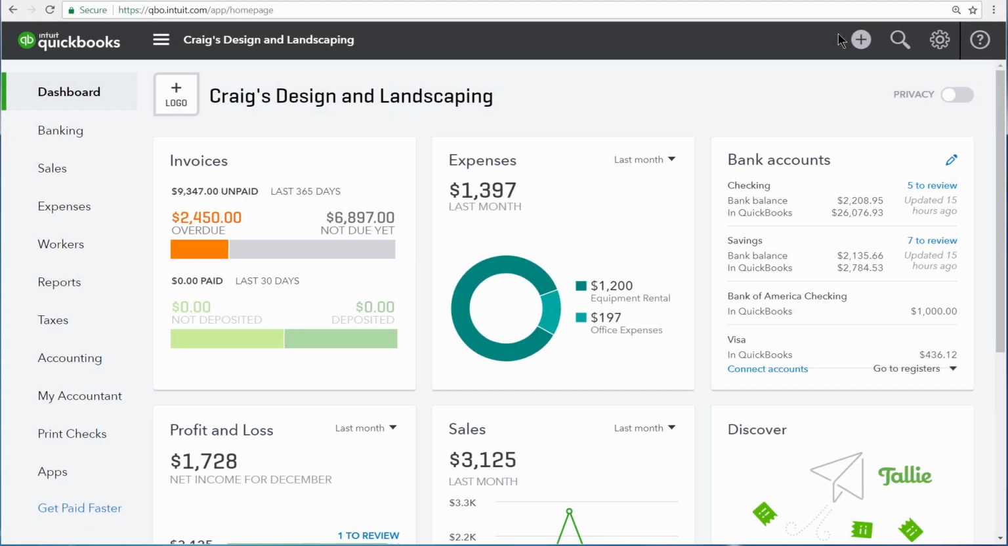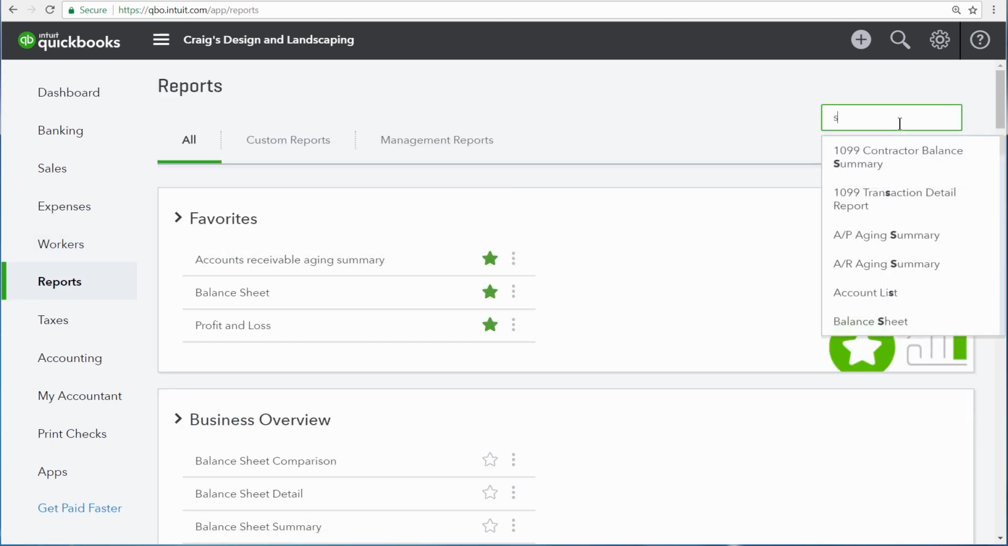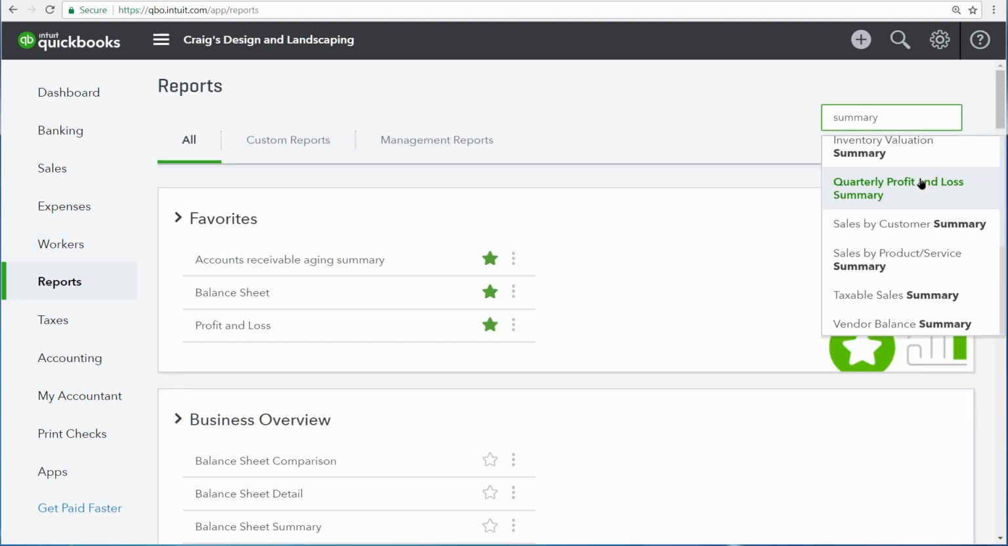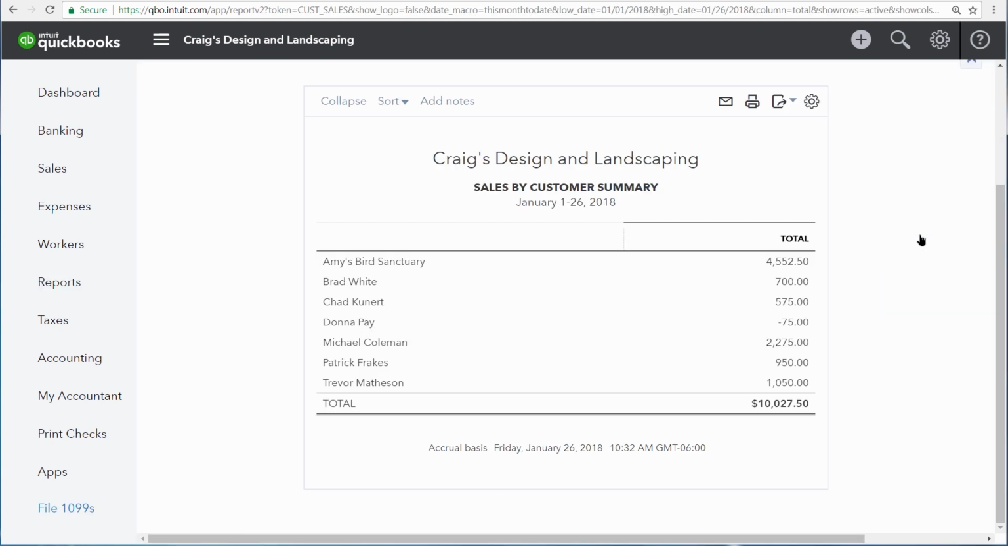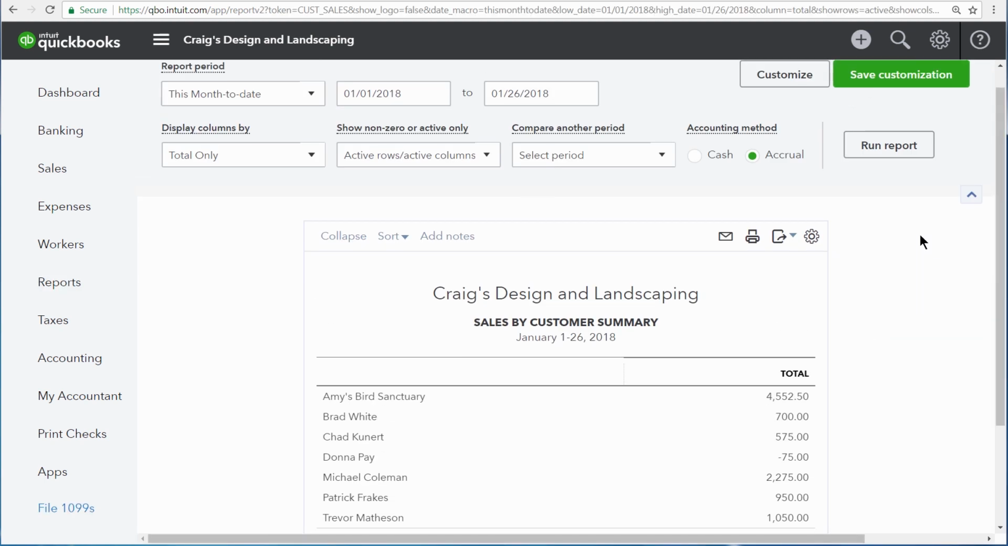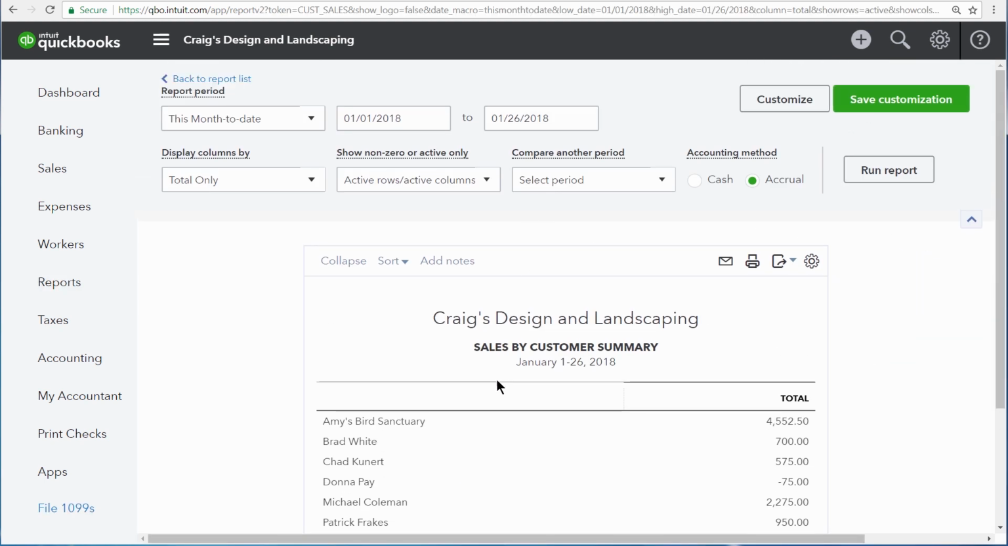QuickBooks gives you a variety of options to customize your reports. Let's take a look at a couple of them by going to the Report Center and then opening up a summary report named the Sales by Customer Summary. Right now, this report is showing us all of our sales by customer for January 1st to the 26th of